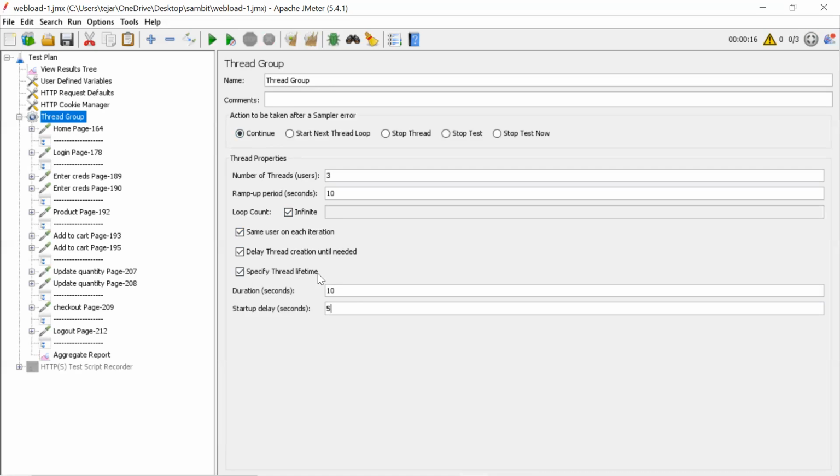Basically, whenever you want a higher test or lower test, or when you are not in front of the stand and you want to run right at that time, you can use these things. Or you want a specific test, like a 1 hour test, 2 hour test, 30 minutes test, exact 30 minutes, exact 1 hour. For that kind of thing we'll use this option. Otherwise, you can simply ignore.